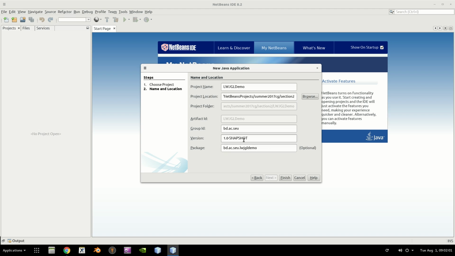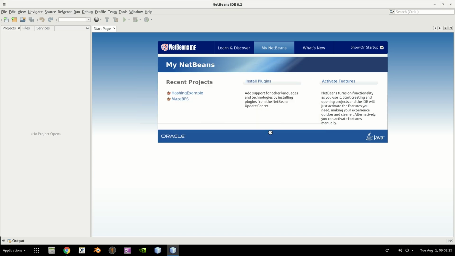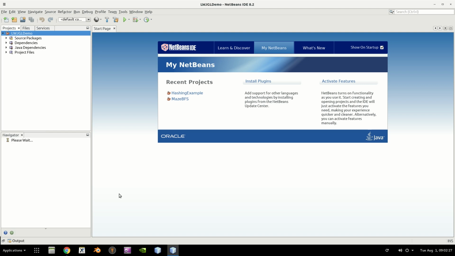And this is where you put the version number. This is the 1.0 snapshot. This is not ready for release yet. We're just building this up. Once we're done, we'll just say that this is 1.0. So you can control version number as well over here. But right now, I'm not going to change any of that. So the only things that I've changed over here is the project name and the group ID. The rest is auto-generated. So I just hit finish, and that